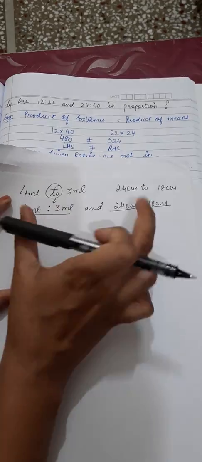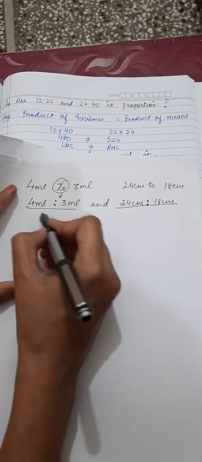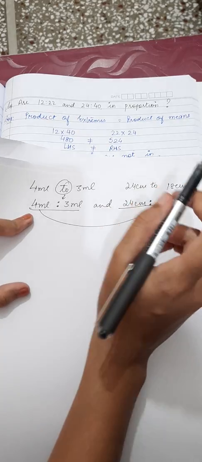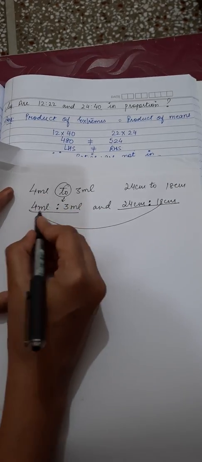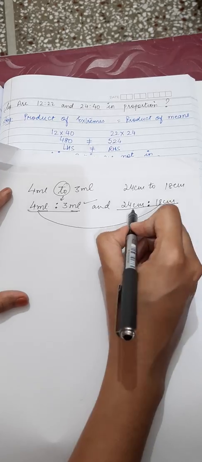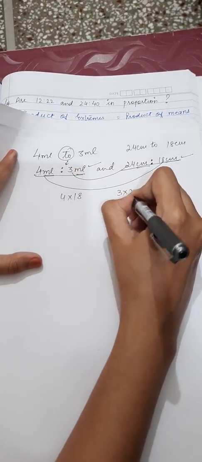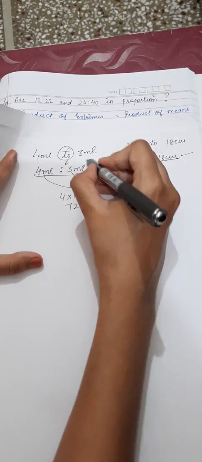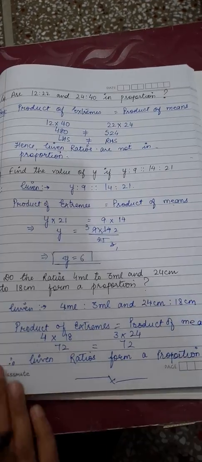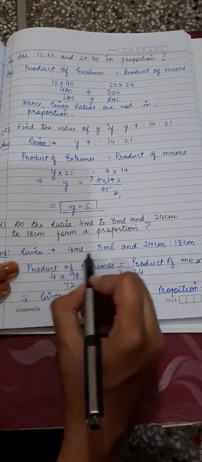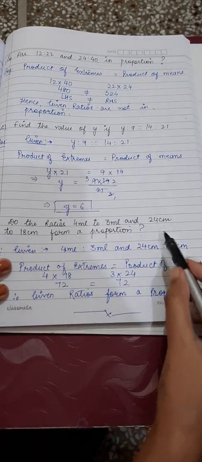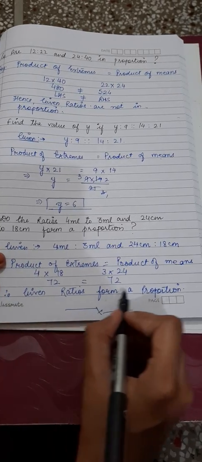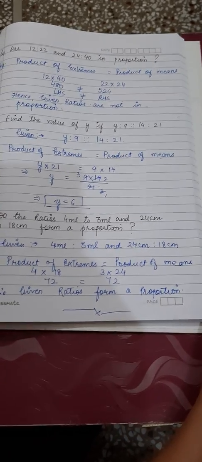Now this ratio is first, this ratio is second. You have to tell whether these two ratios are in proportion with each other or not. Let's do the same. See, first of all we have to check whether the units are the same or not. On one side milliliter, milliliter, yes, units are same. This side centimeter, centimeter, yes, units are same. Now we can check. 4 will be multiplied with 18, 3 will be multiplied by 24. This will be 72, this will be 72. Both the sides are coming equal. That means the given ratios are in proportion. Same I have written here. Extremes and means solved, and in the last I have written given ratios form a proportion. So this was your D part.